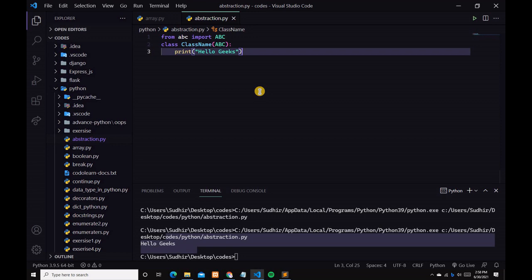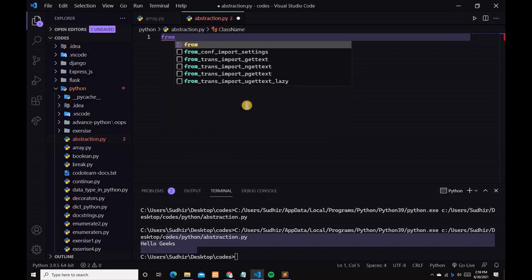So guys, now abstract base classes. An abstract base class is the common application program interface for a set of subclasses. It can be used by third party applications which will provide the implementation. It is also beneficial when we work with a large code base. And now guys, let's see an example.